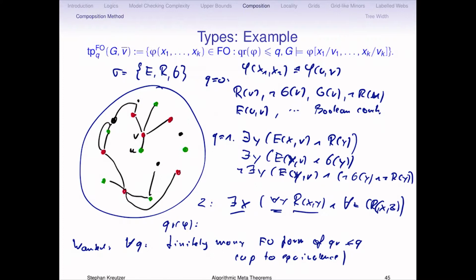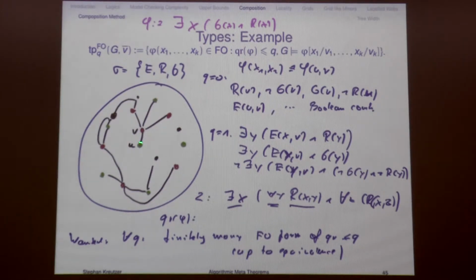Okay. First of all, you can't read the handwriting, I suppose, but look at this Q equals 1 case. Suppose the formula I want to verify, in purple, just says there is a vertex X, and it is green, and it is red. For this pair U and V of vertices, this type for the quantifier rank 1 contains all formulas with 2 free variables which are true at U and V. But in particular, it will also contain this formula where X1 and X2 are free, but they are not being used. Nothing forces you to use these variables.